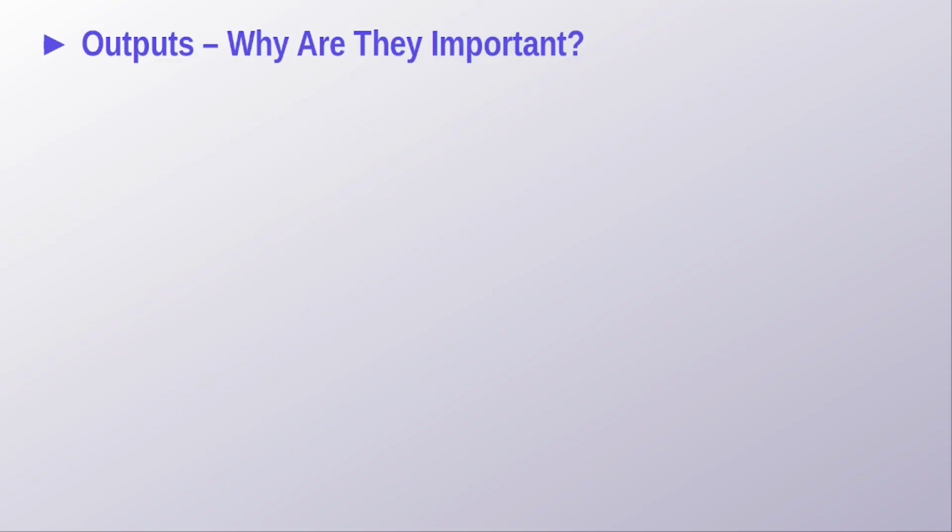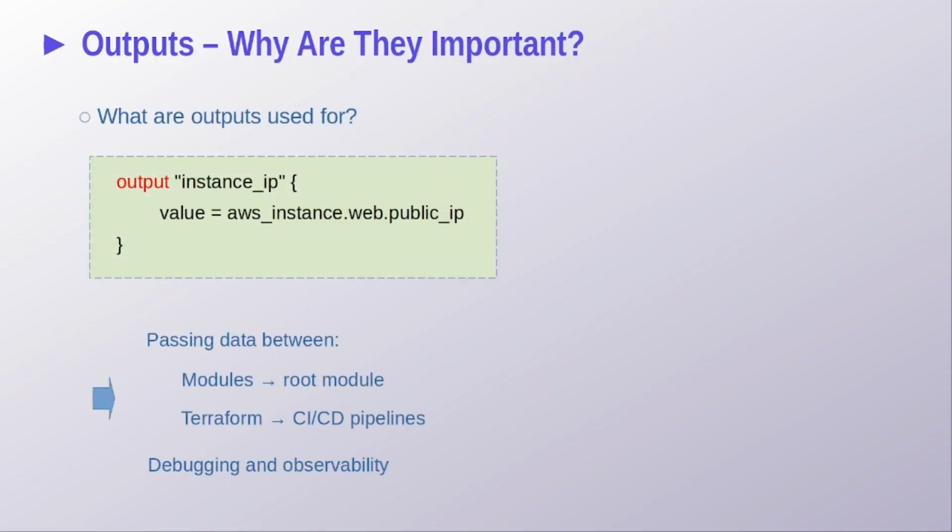Output. Outputs are how Terraform returns information. So after running terraform apply, Terraform prints the public IP. In the real world,